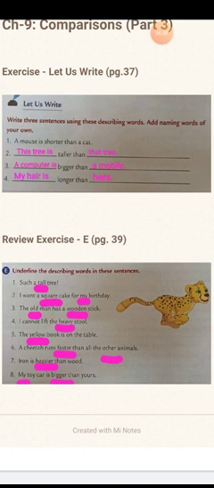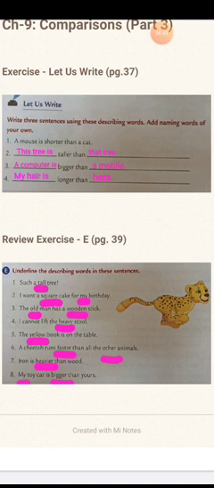Now the third one is the old man has a wooden stick. So the naming words in this sentence are man and stick. How is the man? Old. So old is a describing word. How is the stick? Wooden. What is it made of? Wood. So it is wooden is an adjective. So the describing word. Adjective means describing word. It is describing the stick as made of wood. So the old and wooden are the describing words of this sentence.